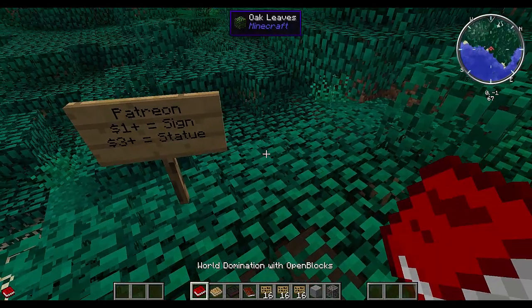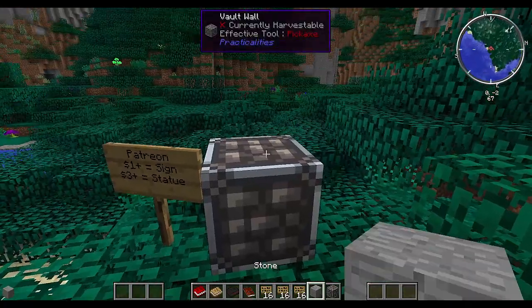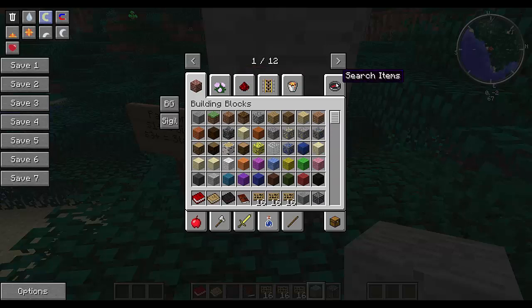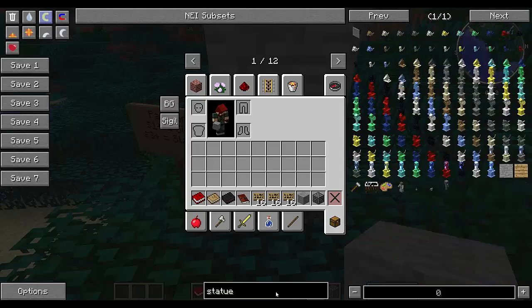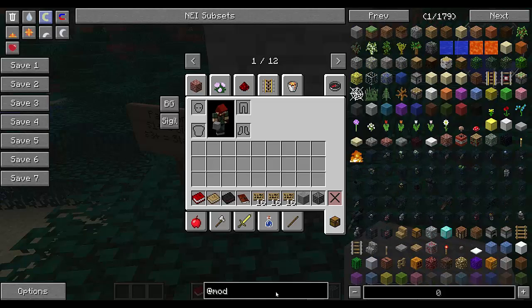Put a vault wall down. And then we'll put 2 stones here. And then let's go here and do statue. I think the statue mod is in this.